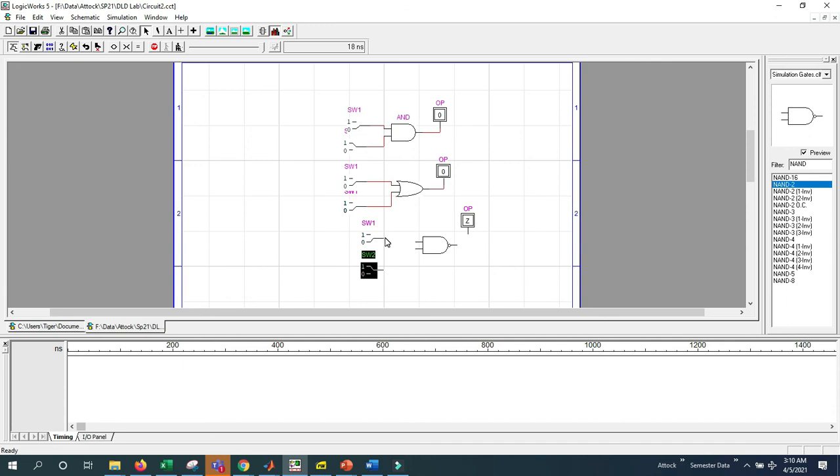So on making simple connections, the NAND gate is the opposite of the AND gate, so we will see that when both the inputs are 1, the output is 0, and when either of the inputs is high, we will see that the output is high. Also when both the inputs are 0, we will see that the output is 1. So the truth table of the NAND gate is verified.